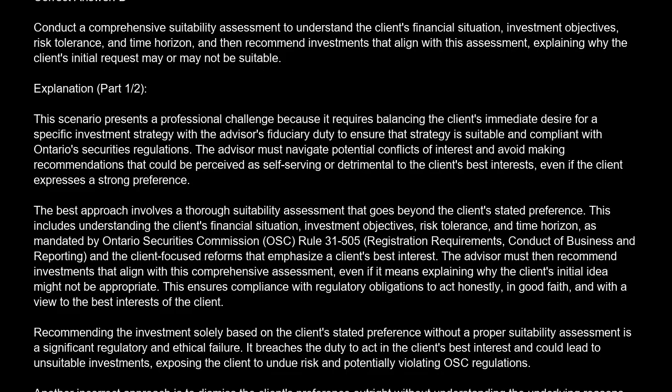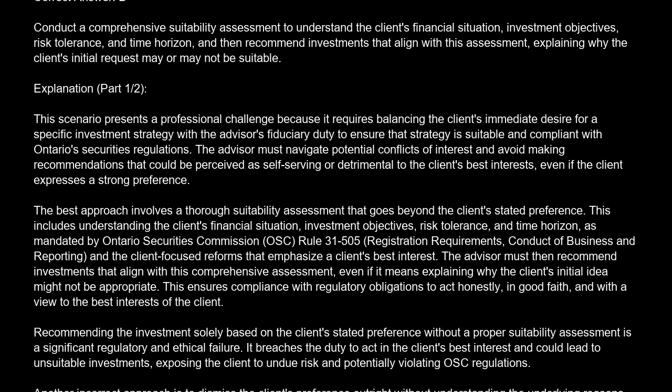Correct answer is D. Conduct a comprehensive suitability assessment to understand the client's financial situation, investment objectives, risk tolerance, and time horizon, and then recommend investments that align with this assessment, explaining why the client's initial request may or may not be suitable. Explanation. This scenario presents a professional challenge because it requires balancing the client's immediate desire for a